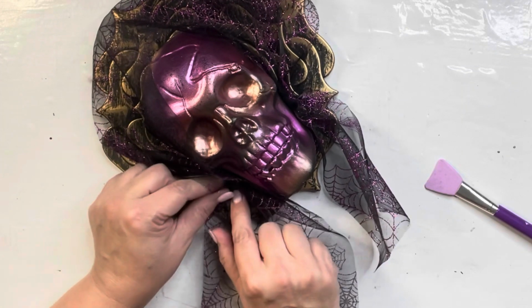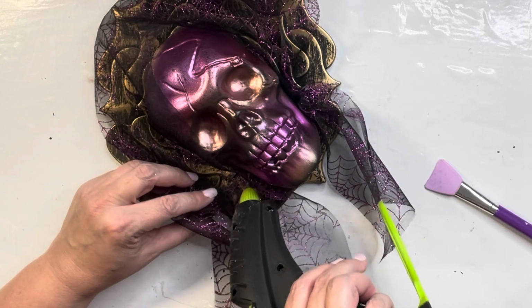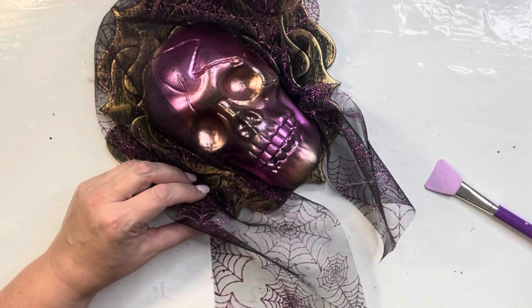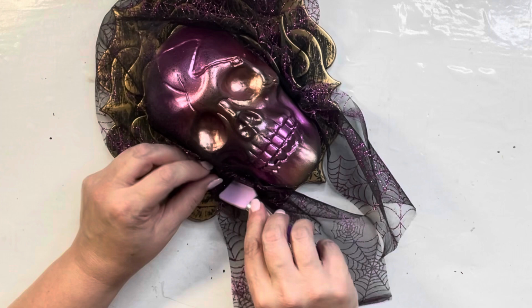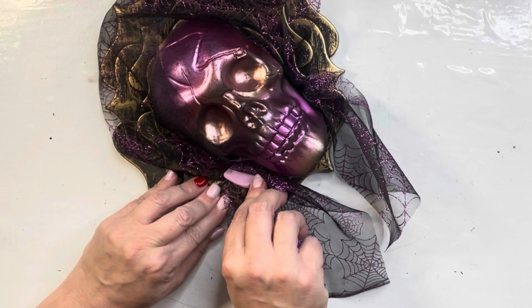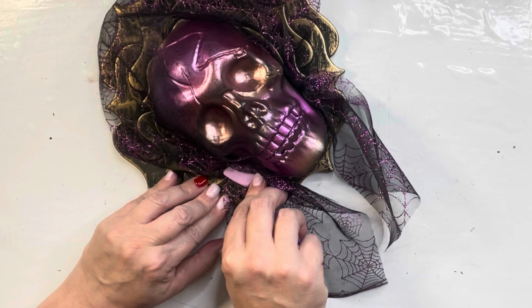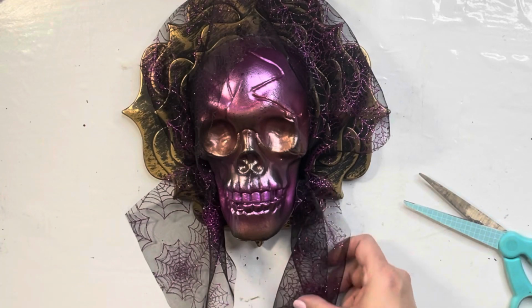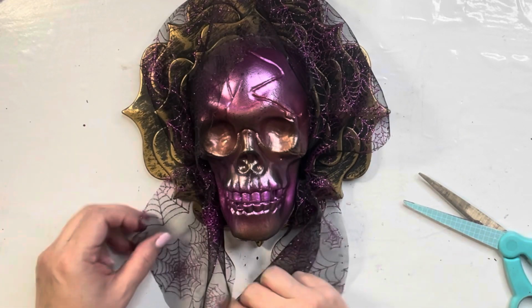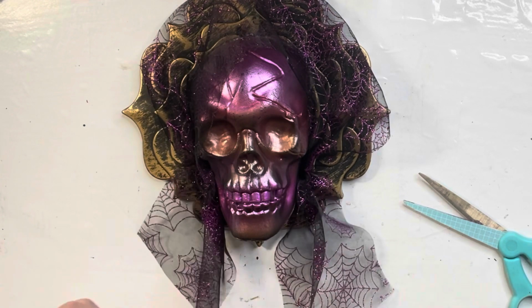hanging down. And oh my gosh, this is a great wall decor for your home, if you're having a Halloween party, or as a Halloween present. I mean, this cost me $2.50 and a little bit of change for a little bit of mesh off that roll. And look at that. You didn't have to paint anything, and I think this just turned out so cute to